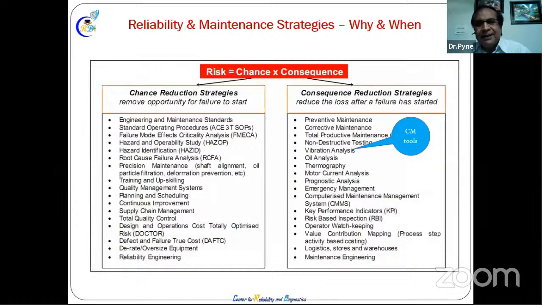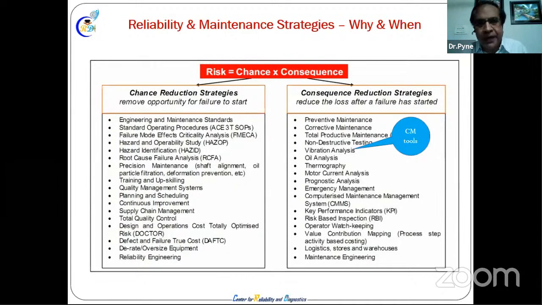Okay, and there are certain things we do in maintenance. Certain maintenance issues, we restrict the consequence. Vibration monitoring, consequence. Non-destructive testing, consequence. Once the failure pattern has started, we have no other option. We cannot stop that. The only thing is, when will it break, when will the bearing fail, by watching the vibration, we see whether it will come in 1-2 months or not. Okay, that is the thing.